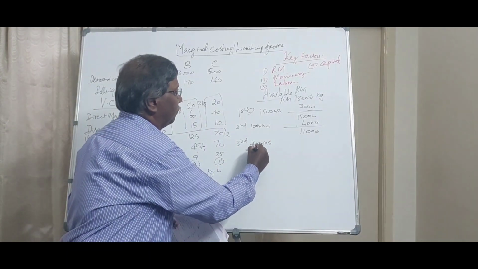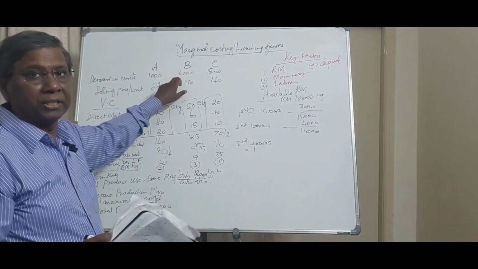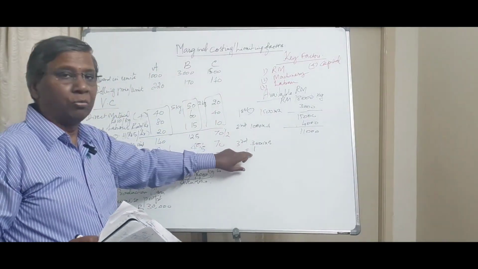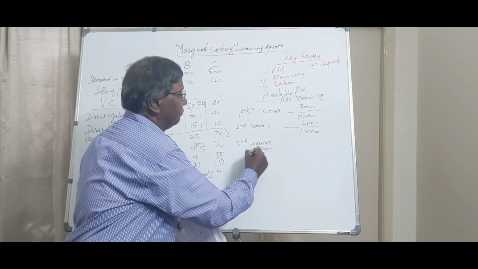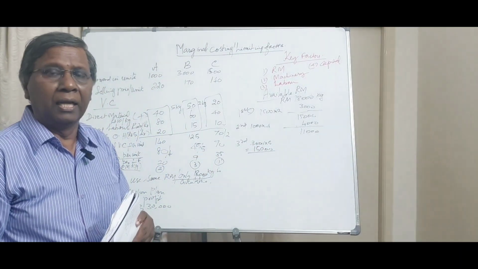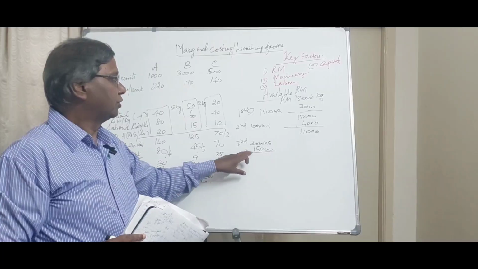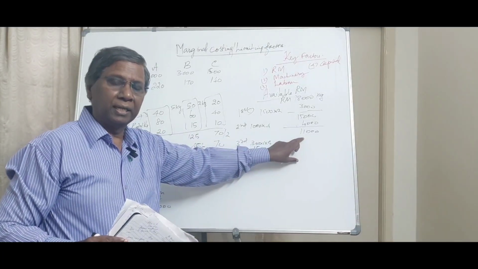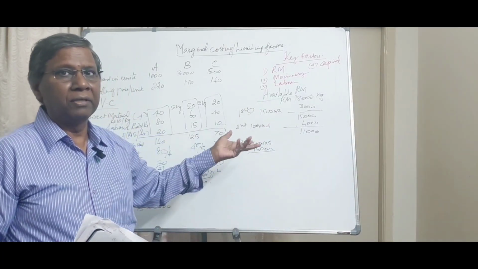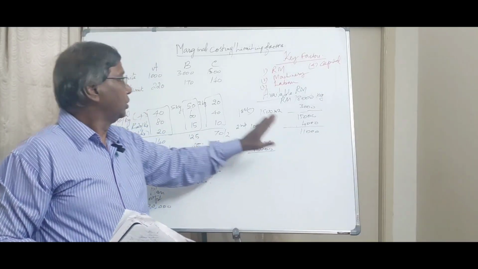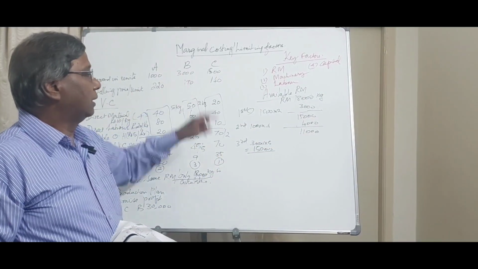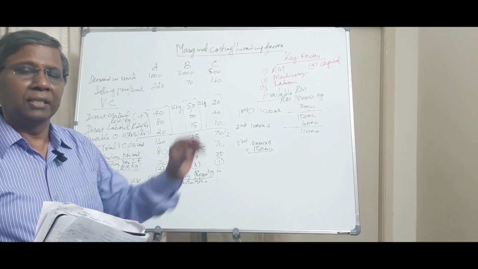So what do they require to meet the demand of 3,000? How much do I need? 15,000 kg of raw material. But I cannot allocate 15,000, because what is left is only 11,000. So how much can I give? Only 11,000 kg I can use. So instead of 3,000 units, I can give only 2,200 as the